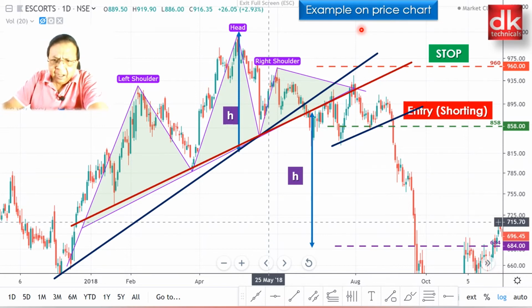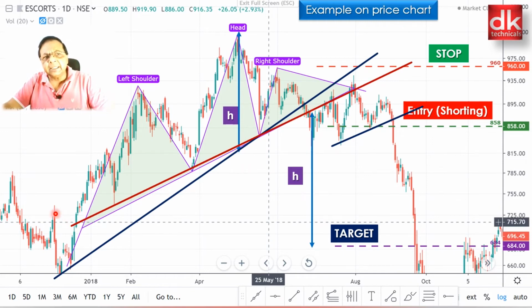What is ATR? We have not covered it in this tutorial. We will be covering ATR also, but broadly to understand as of now, when the breakdown takes place, price pulls back, again shows a rejection, we make an entry here, and stop loss would be here, target would be here, which has been calculated by measuring from head to the neckline, projecting from the point of breakdown. And this is how the target is calculated, and the short side opportunity can be encashed in the market.